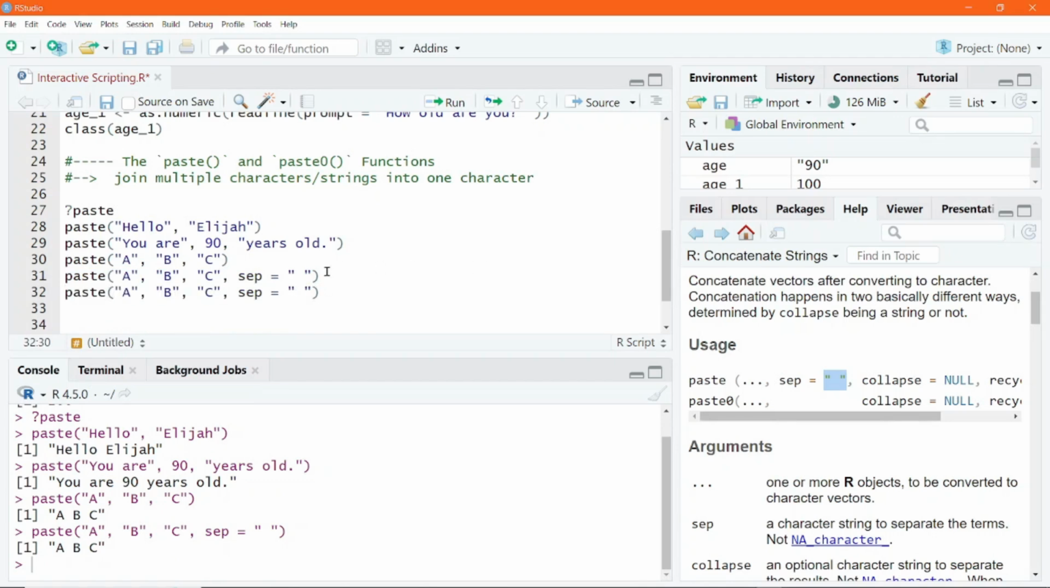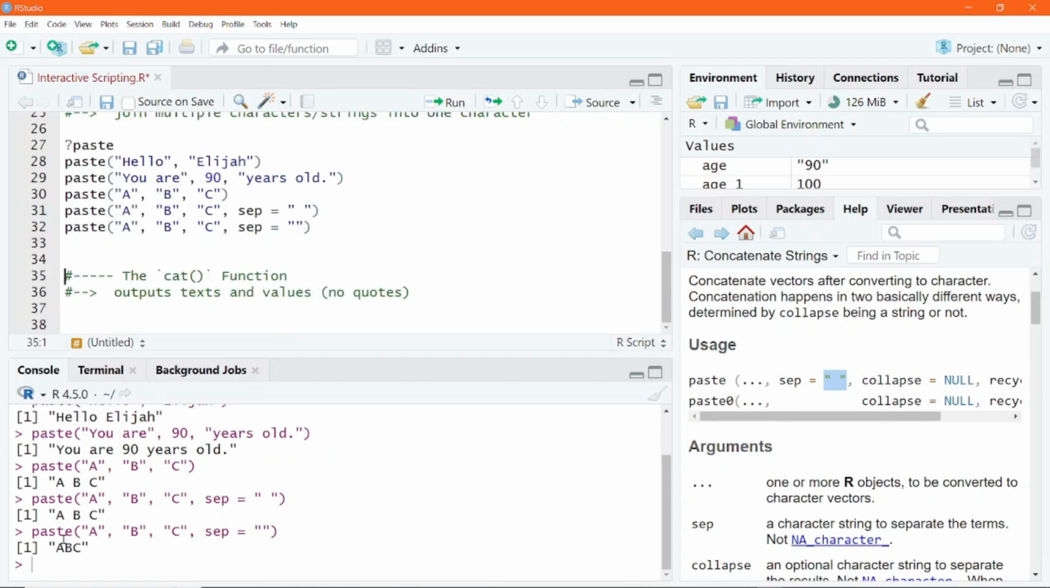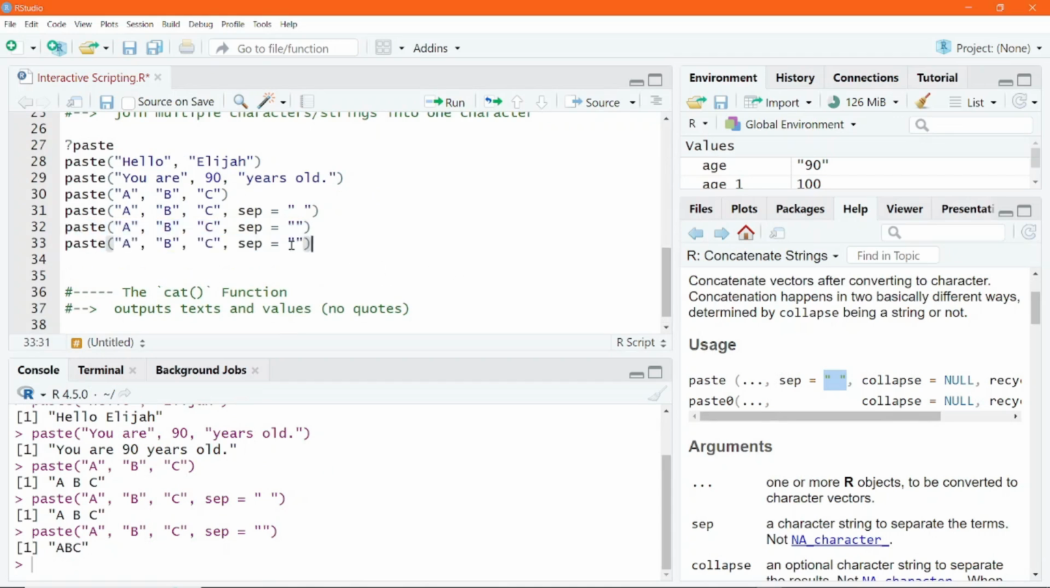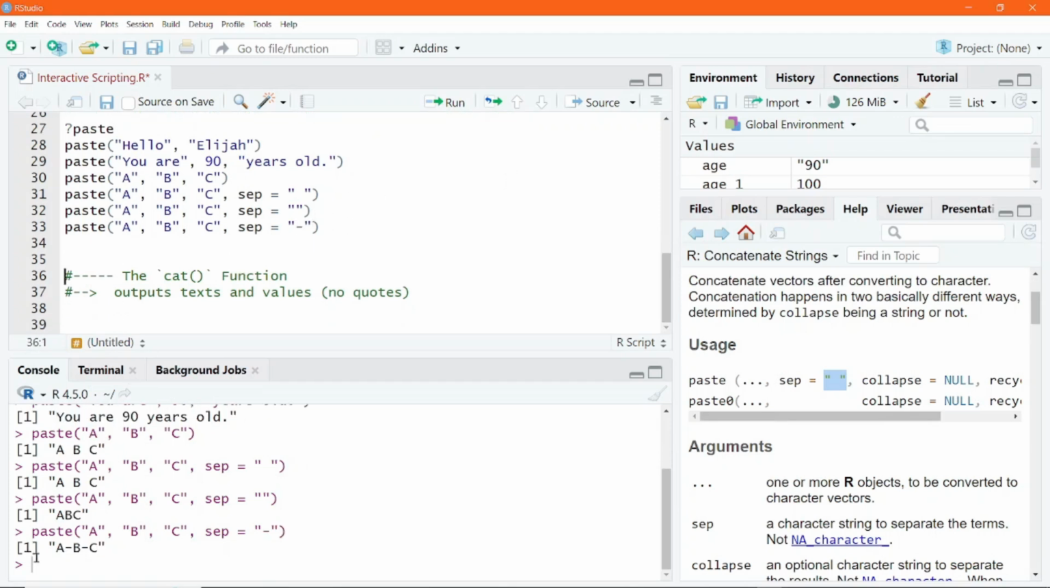So what do we do? First of all, if I close this space and execute, you now realize that the ABC simply has no space between them. Again, if I also go ahead and, for example, let's say I put the hyphen between this code for the separator argument, then these characters will be separated by that very hyphen. So that is the functionality of this separator